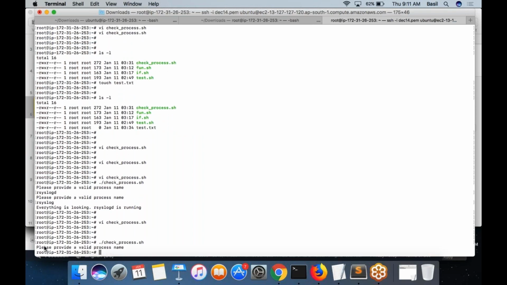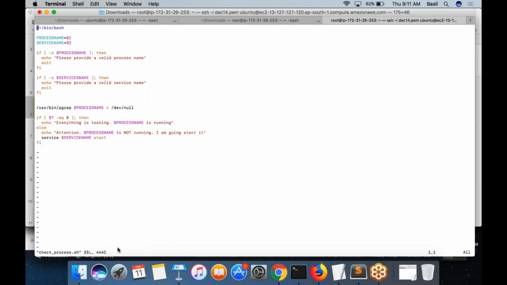It would say, please provide a valid process name, and it will exit. It will stop there itself. I put it two times because I need to validate both things. The first exit that comes will stop the script.